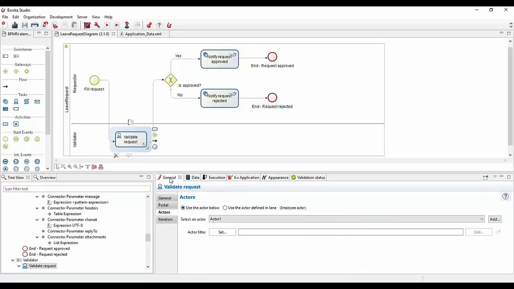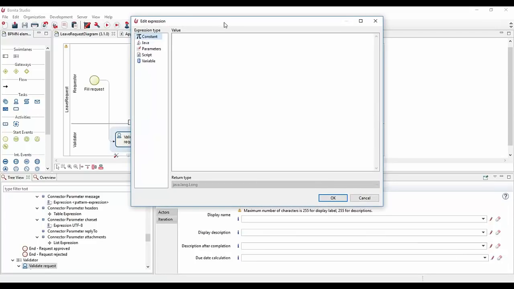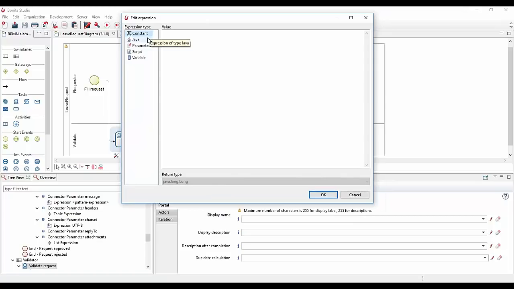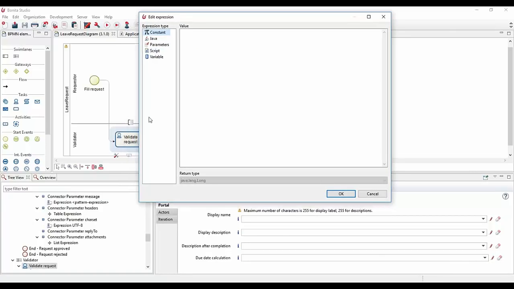So at this stage, when you are here, you can also specify the due date. By default, I cannot remember what is the default due date. But for sure, what you can do is to provide the due date as an expression. So this is some information that is coming by default in the engine. Each human task will have access to this due date information. And this information can be evaluated at runtime, and it will be evaluated at the task creation.